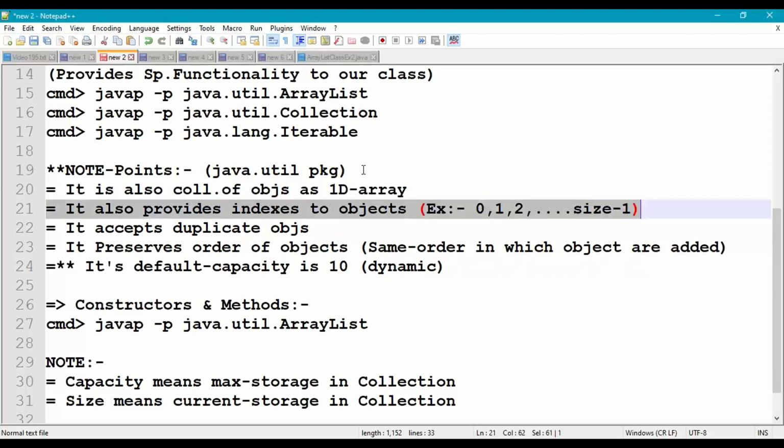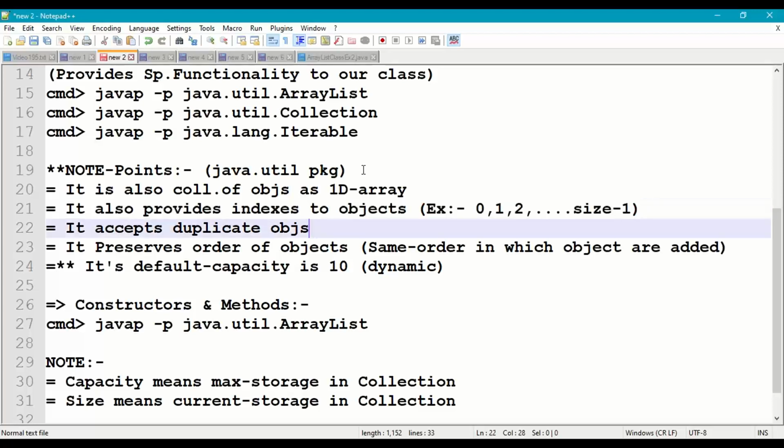It provides indexes for all the objects, and these indexes start from 0, 1, 2, 3, and so on till size minus 1. In ArrayList, we can store duplicate objects. ArrayList accepts duplicate objects, and it preserves the order of objects, meaning in which order you add the data into the ArrayList, it will store in the same order only. And the initial default capacity of ArrayList is 10.